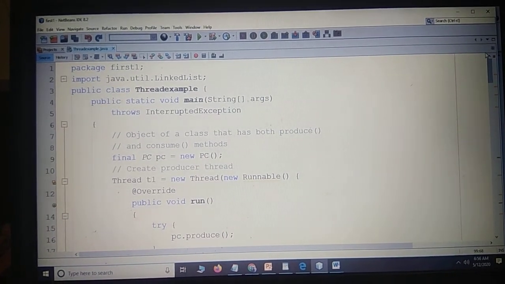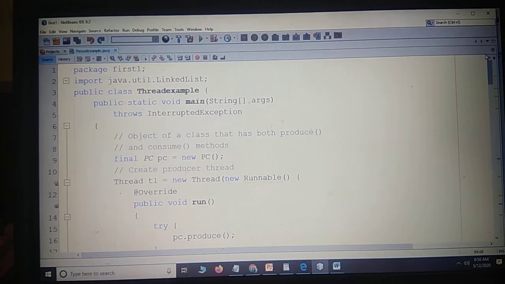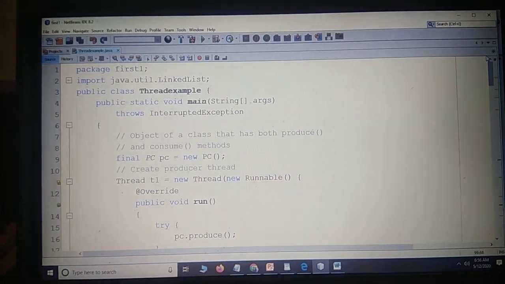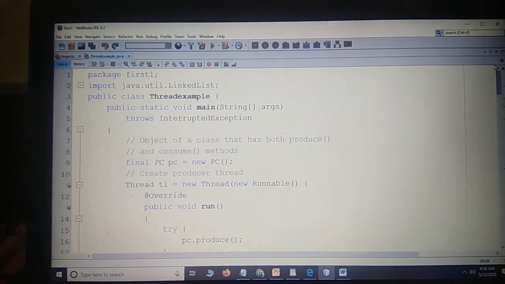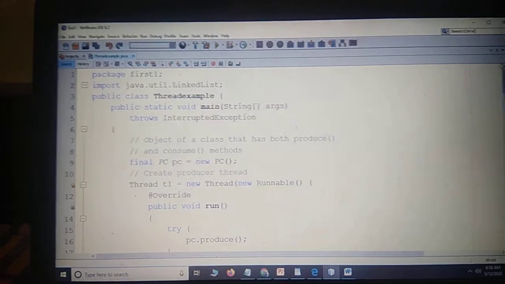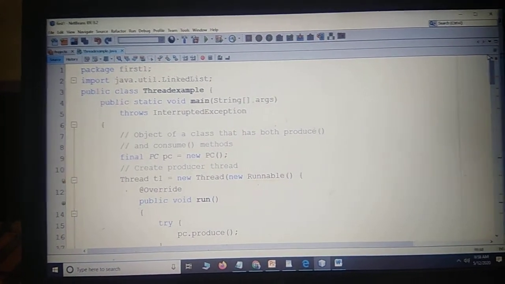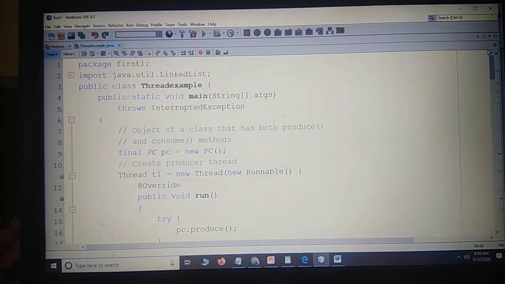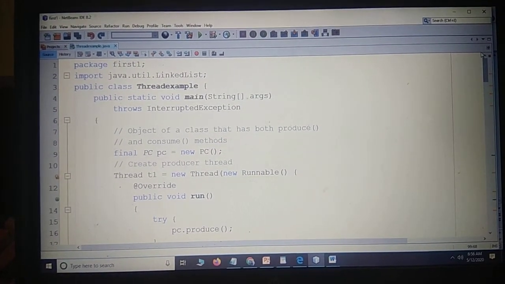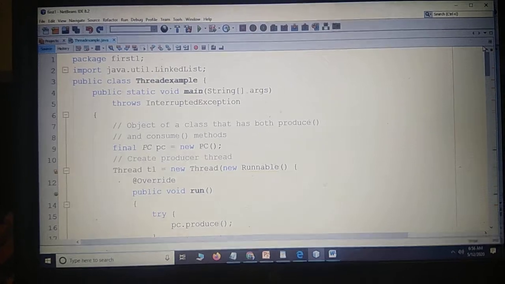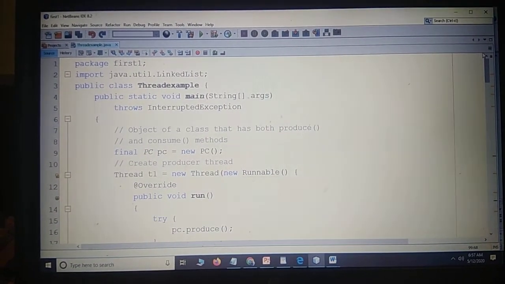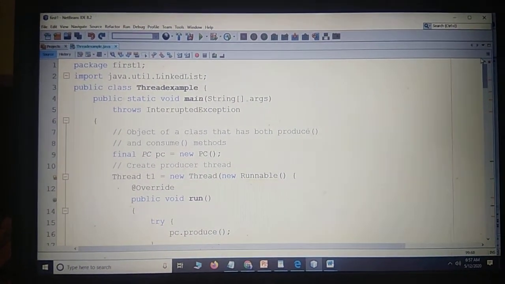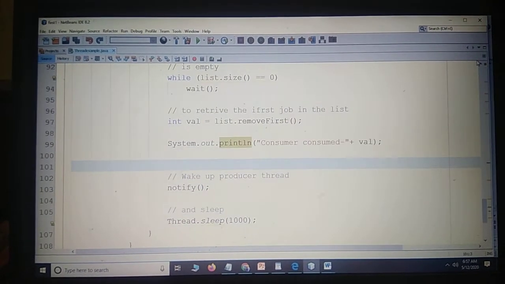Next, we are opening the Thread class with new Runnable. Runnable is an interface. Inside the thread object creation, we are creating the run method. That means the run method will be called by the start method.